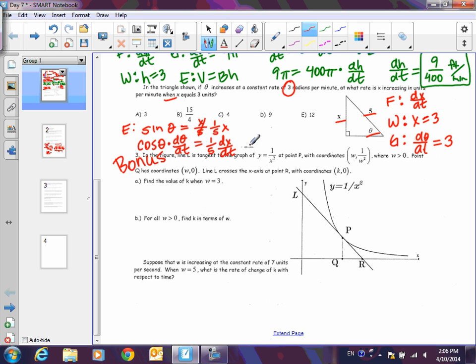All right, so moving on, and I'm just going to write over this if that doesn't bother y'all. Cosine theta. I wish I knew this. But remember, we're doing this whole problem assuming that x is 3. So what's this missing side? When x is 3, the base is 4. Again, a triple. So what's cosine of theta? 4/5. So 4/5 times d theta over dt, which is 3,